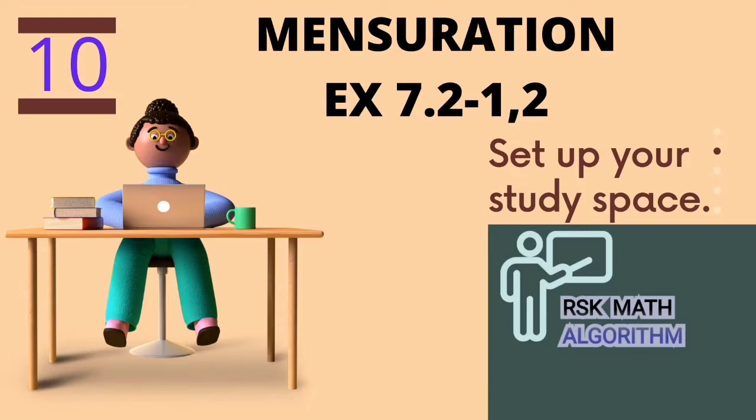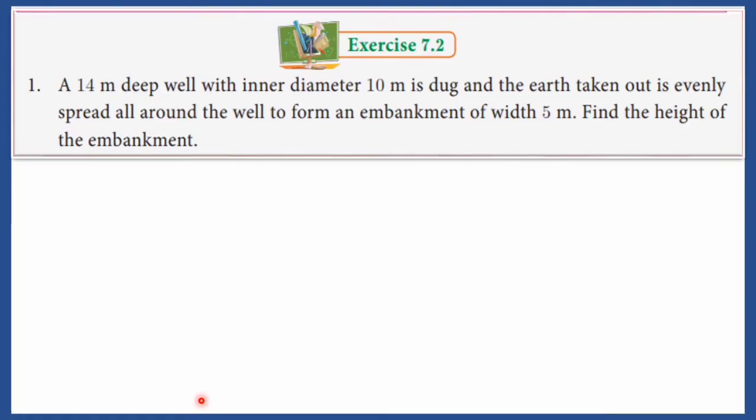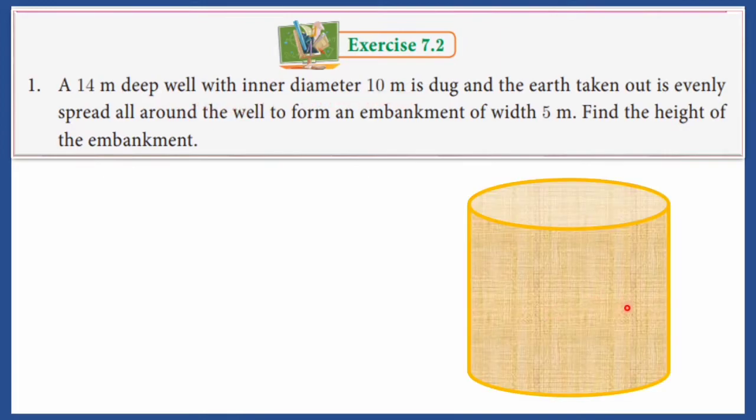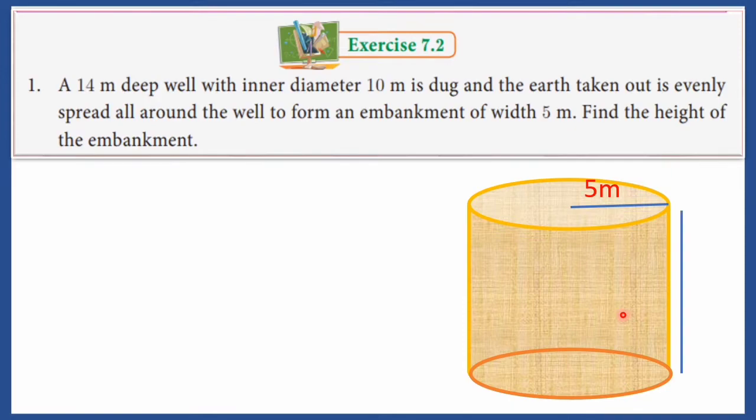In this section, we will be learning problems involving conversion of solids from one shape to another with no change in volume. Exercise 7.2, first sum. A 14 meter deep well with inner diameter 10 meter. See here, it is a well with inner diameter 10 meter. Diameter is given, we know the radius is half of the diameter. So radius 5 meter. Deep is nothing but the height of the well, that is the height of the cylinder, that is